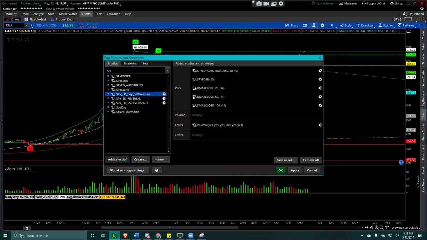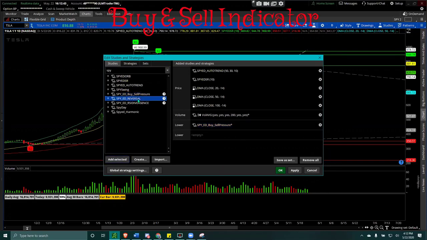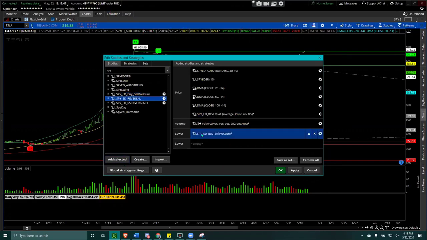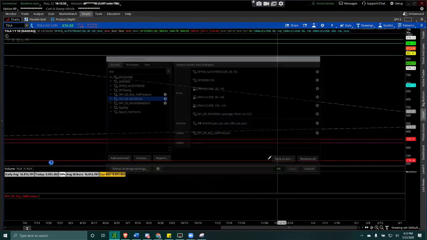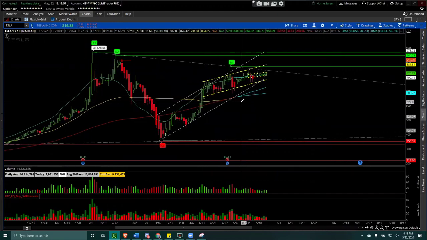This is a pretty good one where I could see either it's a buy or a sell, right? And that's one of it. And then I also have the reversal one. This is pretty good. It gives you a pure indicator in terms of what I am looking to buy or sell. Not 100%, but it gives you a sense in terms of where you want to see the tickers.